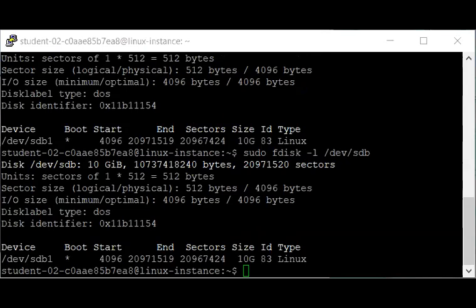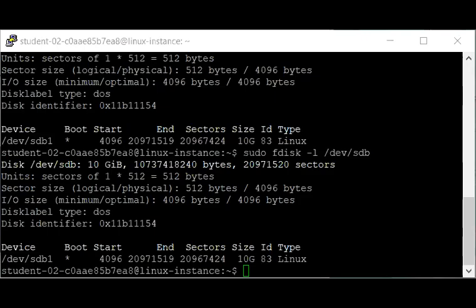fdisk displays information contained in the partition table, where information about partitions is stored. When the fdisk command is used without options, it provides a menu-driven environment for creating and deleting partitions. So you have to just remember that modifying partitions is destructive, as we already know from when we did this on the Windows version, and can lead to lost data. So remember to always back up your data before modifying any partitions on your live system.